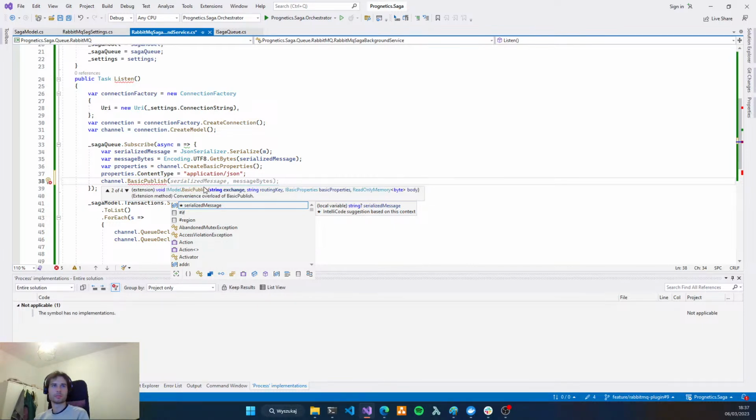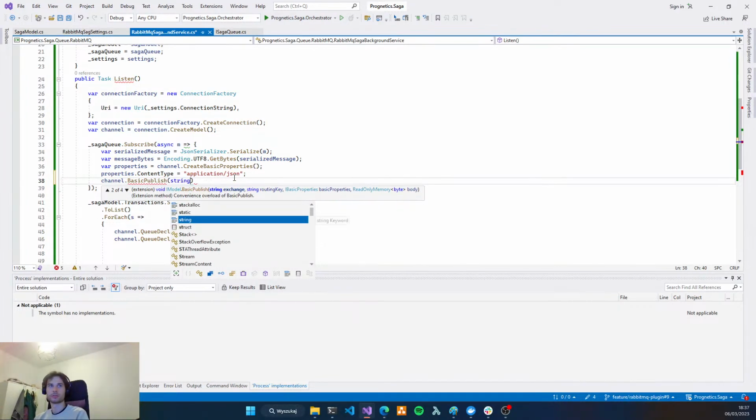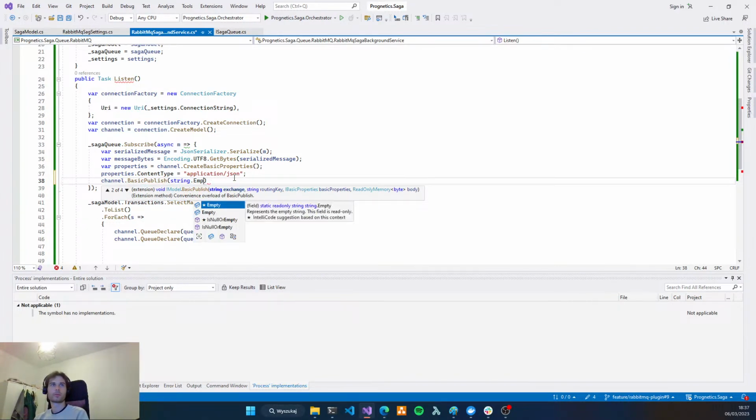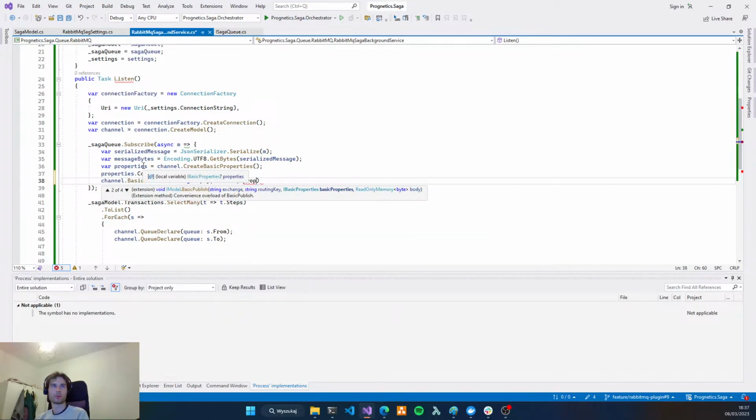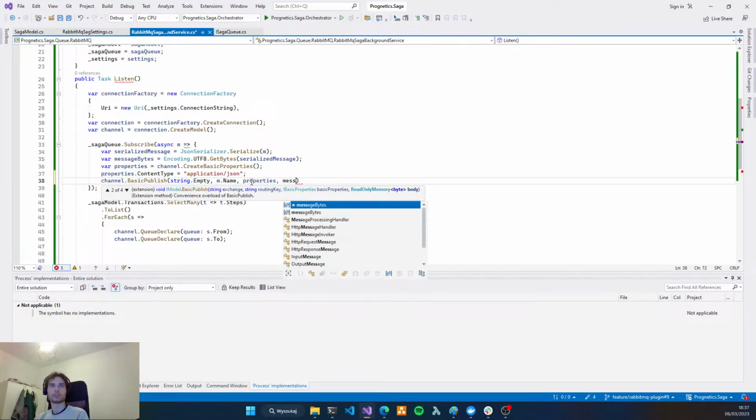Okay, first will be exchange. We start with an empty exchange. Routing key is the name of the message. Properties and message bytes.